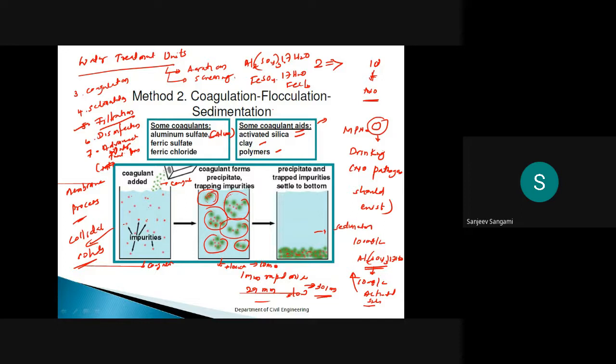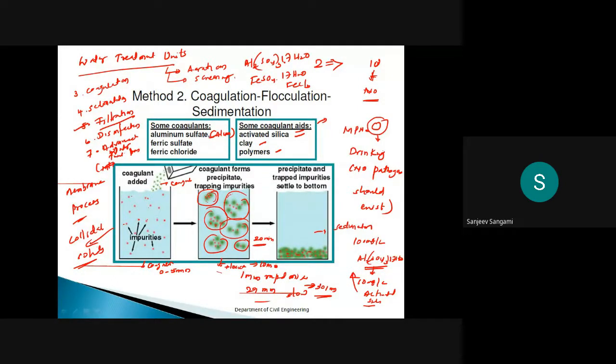See, in 30 minutes, I said the reaction is from 0 to 5 minutes. Normally the coagulation process is going to happen. Then after 5 minutes, the flocculation process is going to happen. Then after 30 minutes, the sedimentation process is going to happen. Normally the sedimentation process will start after 20 minutes.